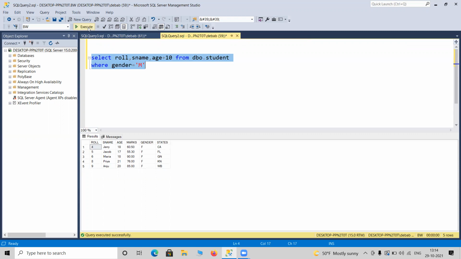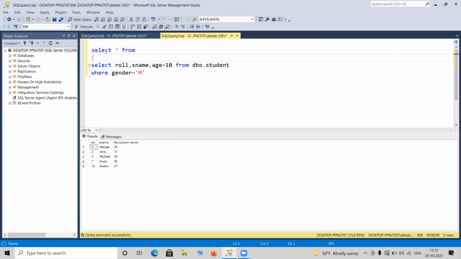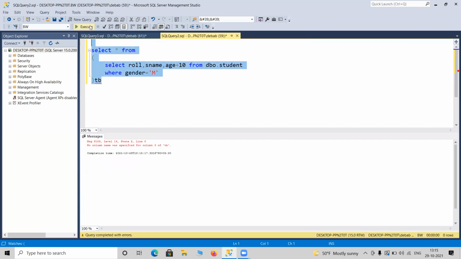It will give me a result like this. So I can put it inside another query and treat it like a table. We can use it in any way, actually. I can use it like TB. So you can use anything.